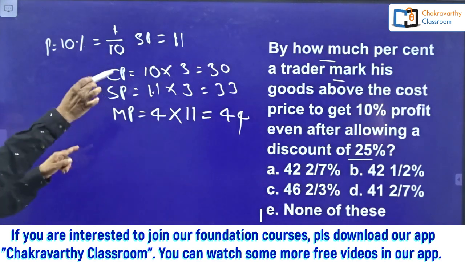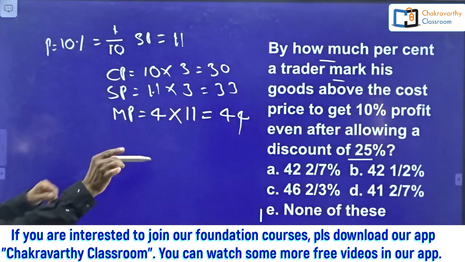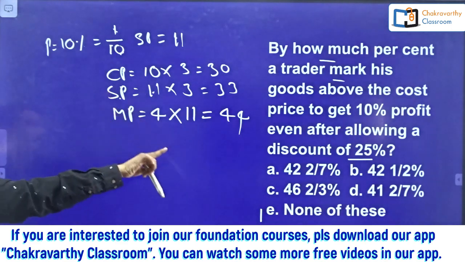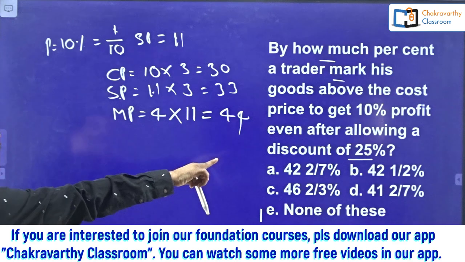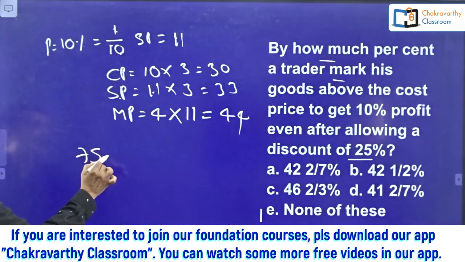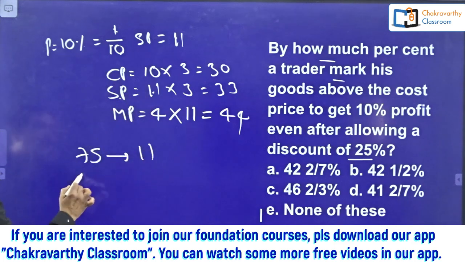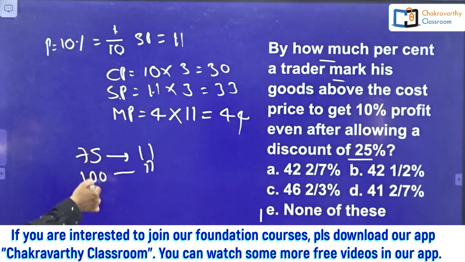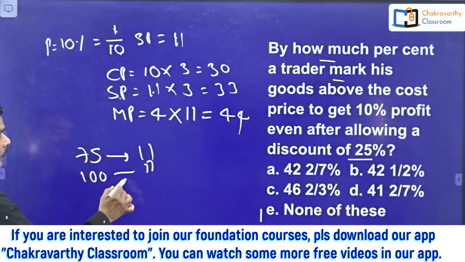Instead of directly cross multiplying, I told you here selling price is 11. Selling price is 11 means after how much discount? This is 25% discount. That means 75% of the market price is 11, 100% is how much? That is 100 by 75,